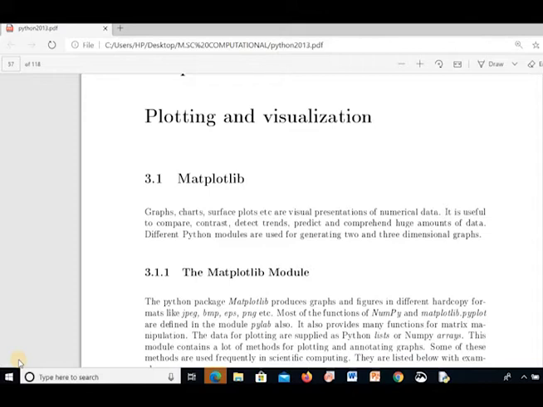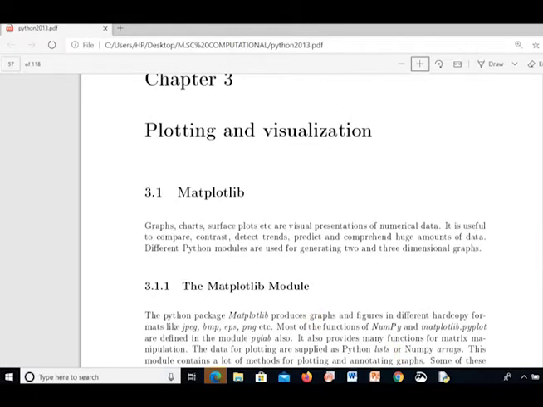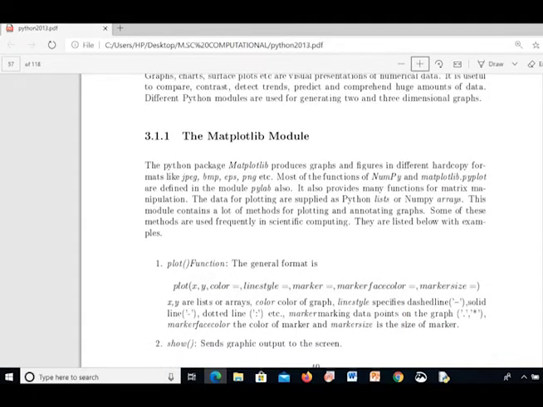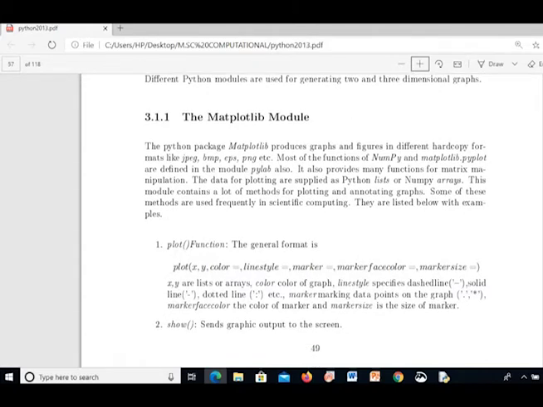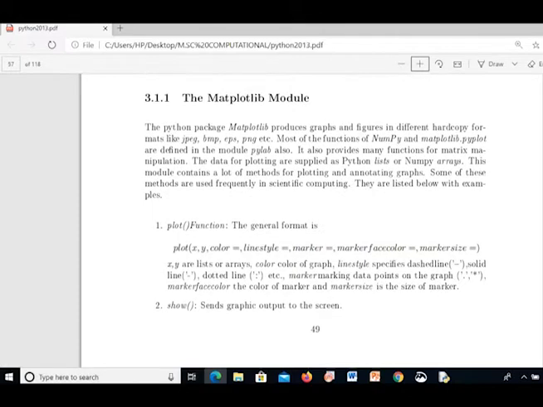It is one of the easiest ways of plotting or visualizing the numerical data that we have with us. So the module is called the Matplotlib module, and it has a lot of functions that are very useful for us in plotting.